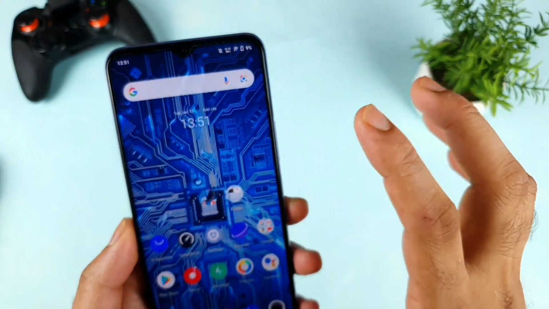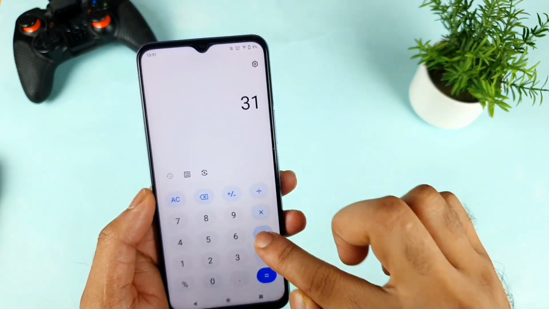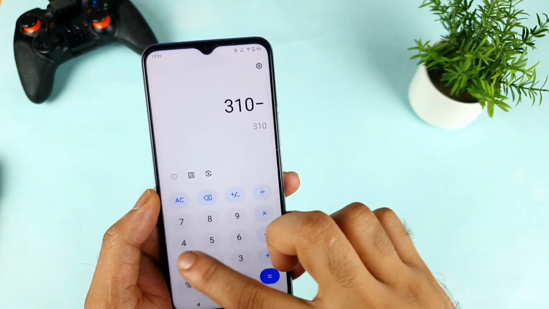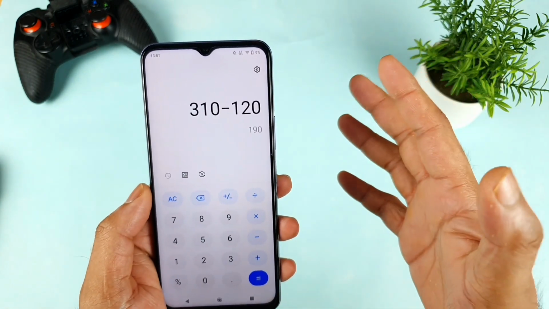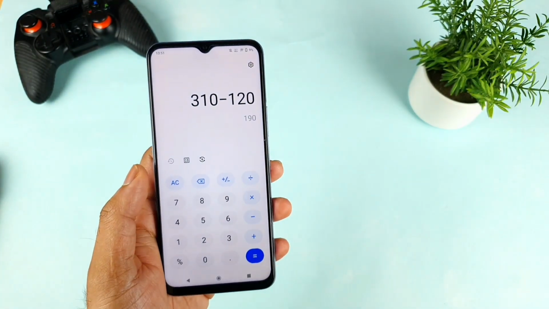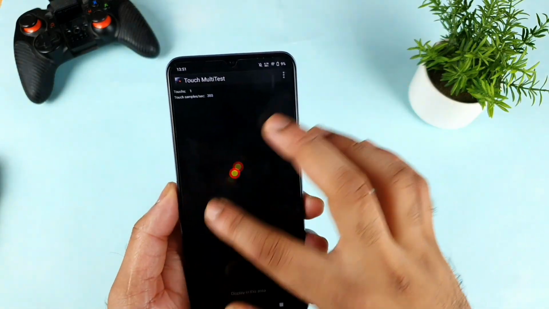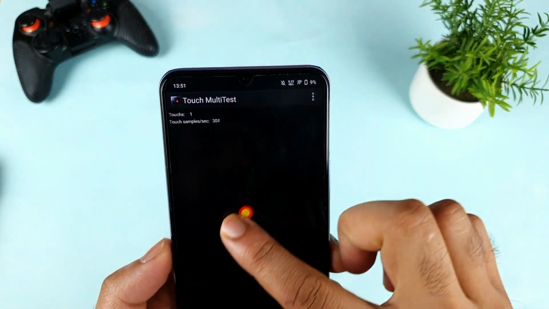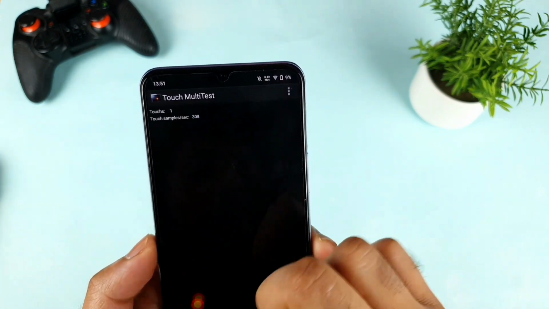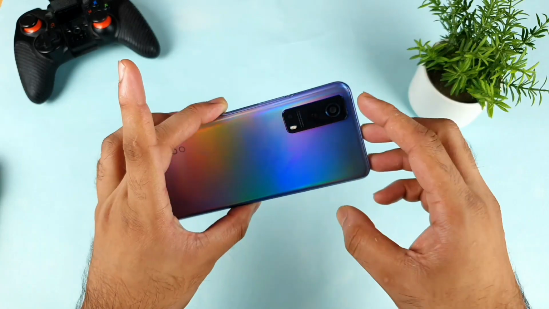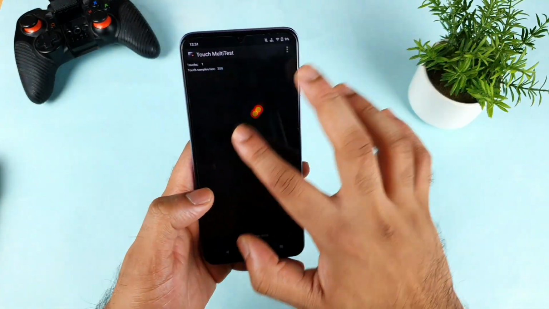Now we got the score of 310, and now we need to do the minus thing. So 310, sorry, minus the 120 Hz touch sampling rate which the mobile has got. As you can see friends, overall we are getting about 190 Hz. The company did claim close to 180 Hz touch sampling rate, and we are getting close to 190 Hz only. So that's kind of a close call, not much difference as you can see friends. Right now I'm getting 310 somewhere around that score. Overall the iQOO Z3 has got exactly the same kind of touch sampling rate that the company is claiming. So that is another good advantage. That's one thing to know.